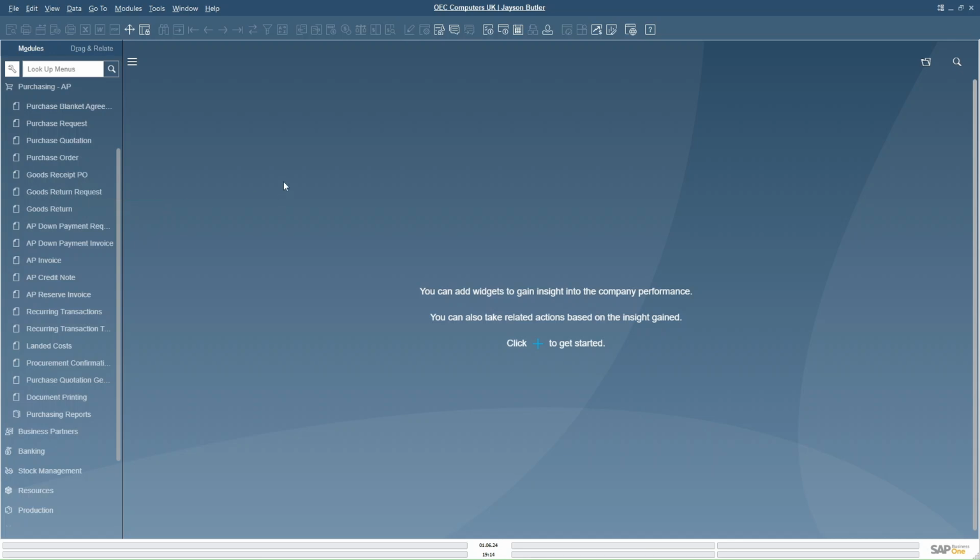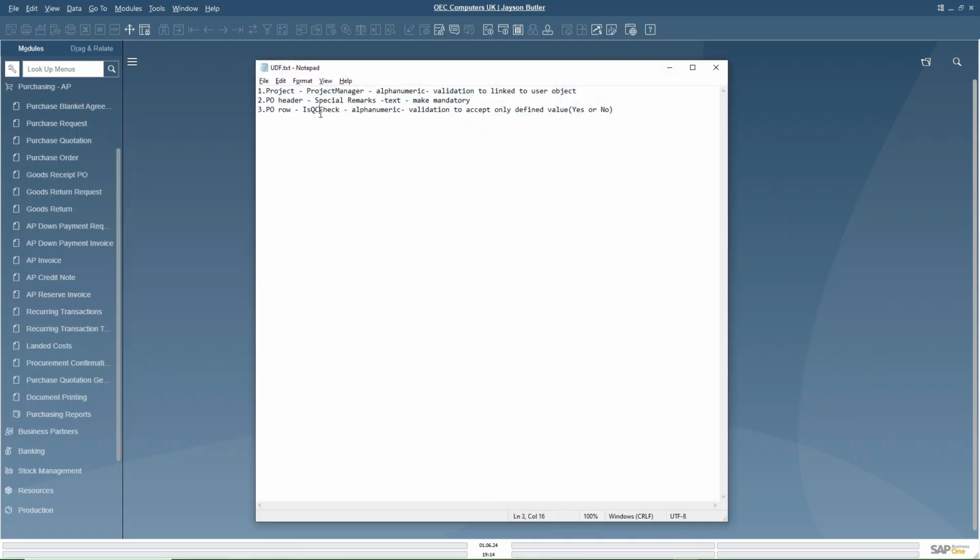Now the third UDF that we are going to create is on the marketing document at a row level, which is QC check.